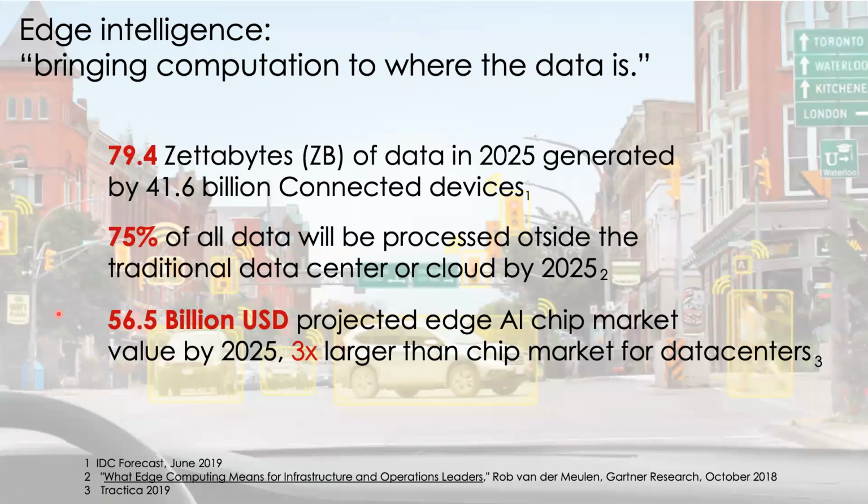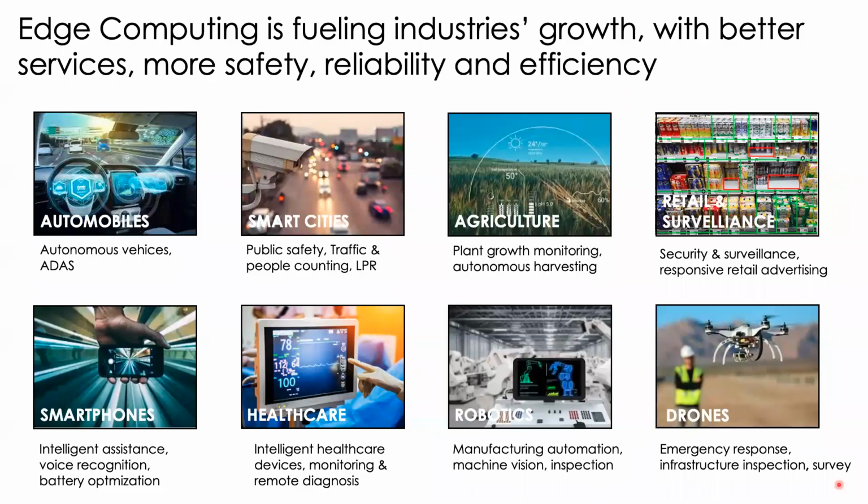If we now talk about the applications, there is a huge number of different industry verticals that is already being fueled by edge computing, bringing both better services, more safety, reliability, as well as efficiency to almost all these different verticals. So, if you take a look at some of these things that are taking advantage of edge computing in various applications. For example, in smart cities, analyzing traffic and parking, LPR, typically known as license plate recognition, is already being widely deployed in many places, including Singapore.